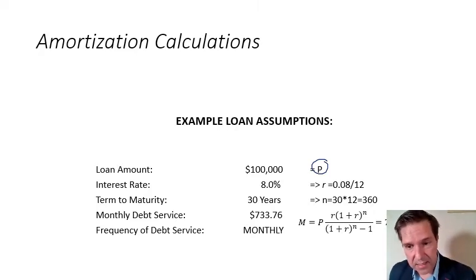Now in this case, I am assuming that there is no down payment, and because of that, if the home cost $100,000, I am borrowing $100,000. Now in real life, you're probably going to be putting a down payment, for example, on a car. If that's the case, the price,